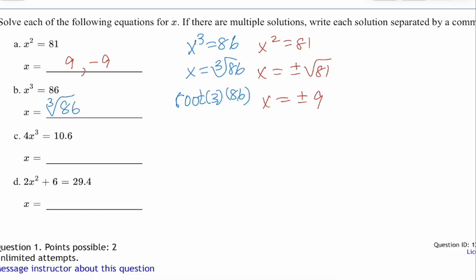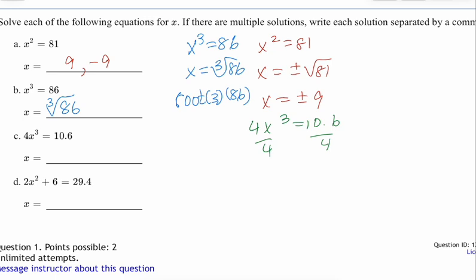Now let's talk about solving one like C for just a minute. See that 4 that's in front of the cube root or the cube on the X? You must get rid of that 4. Maybe yours is a 6, maybe yours is a 10, maybe yours is an 8. Just divide both sides by that number first. Now, hopefully they've made it nice. If not, you could just write that. For my purposes,